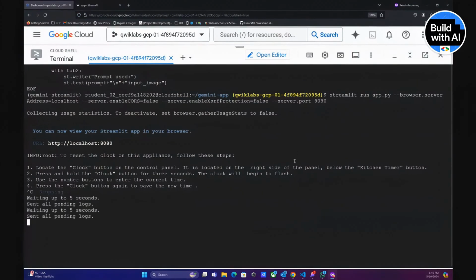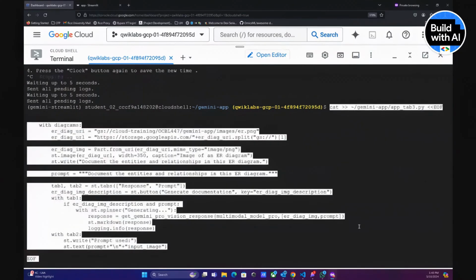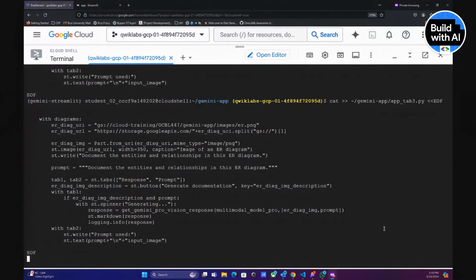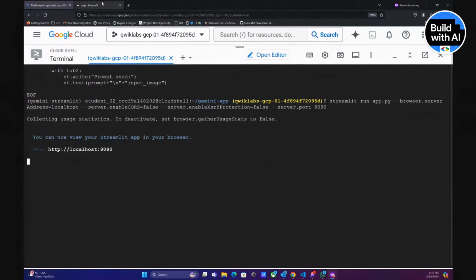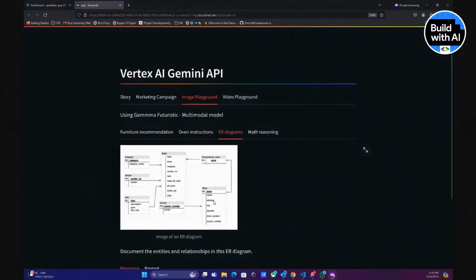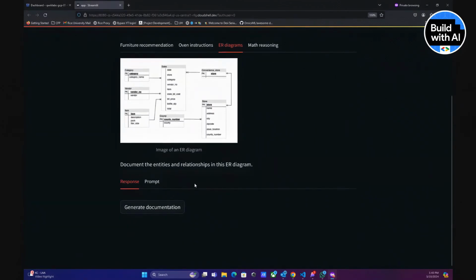To do that, I can stop it. Now we need to pass it the ER diagram images, which we again add to our tab 3 by this. And again, we run the server, we refresh the page. Image playground, ER diagrams. Now this added the diagram, math reasoning still should be empty. Okay, so we need to document what's happening here. The prompt is: document the entities and relationships in this ER diagram, then we have the input image. Once we run it,